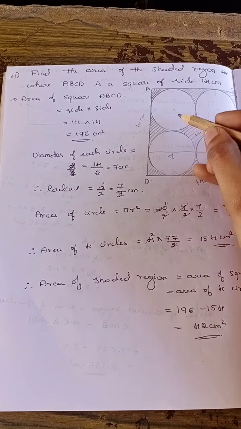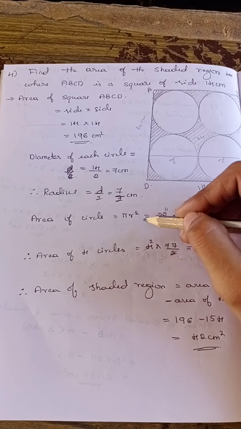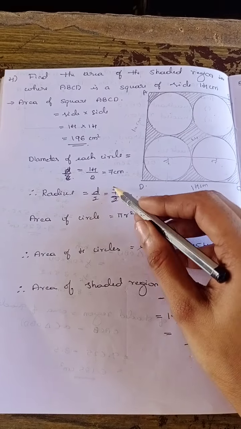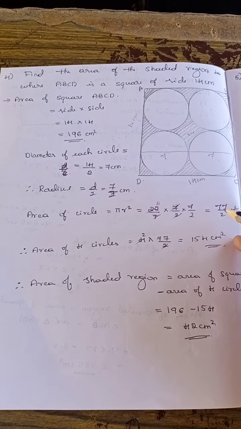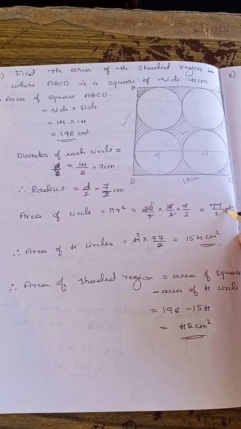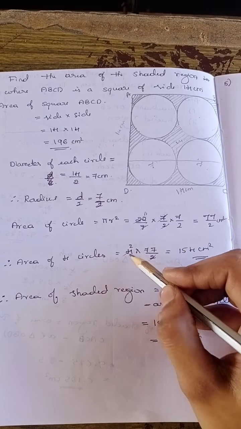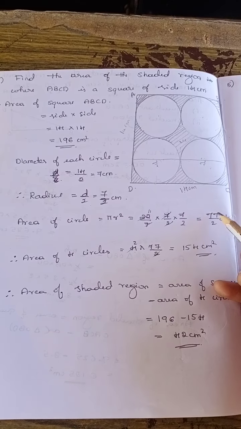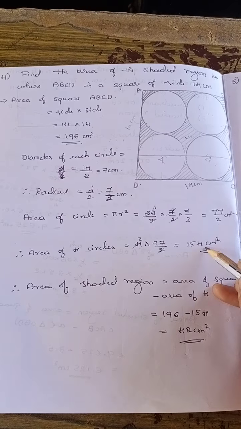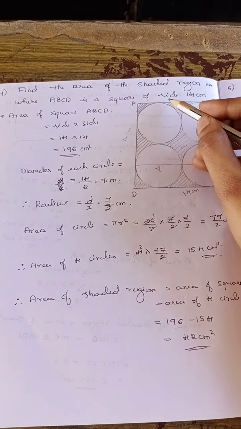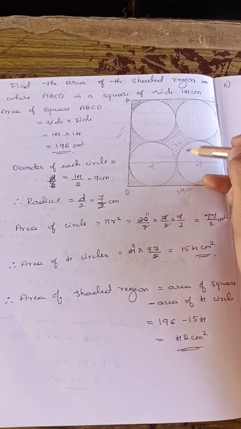So now we find the area of each circle. Area of each circle is equal to pi r square. Pi r square is equal to 22 by 7 into radius 7 by 2 into 7 by 2. 7 7 getting cancelled. 2 1s are 2, 11s are. So the area of each circle is 77 by 2. But here 4 circles are there. Therefore the area of 4 circles is equal to 4 into the area of each circle, that is 77 by 2. So 2 1s are 2, 2 2s are. 77 into 2 is equal to 154. This is a square. We get the area of the square, and also we know the area of each circle, or the 4 circles area we know.